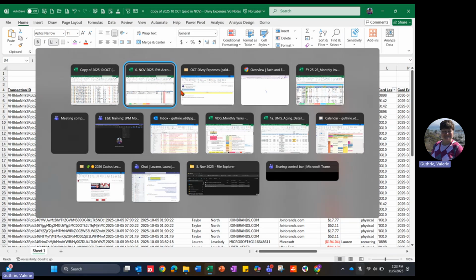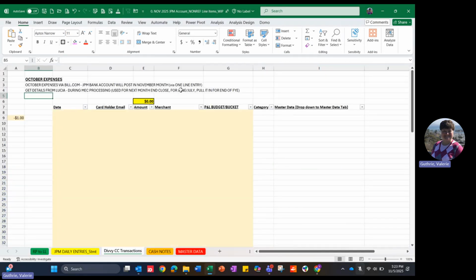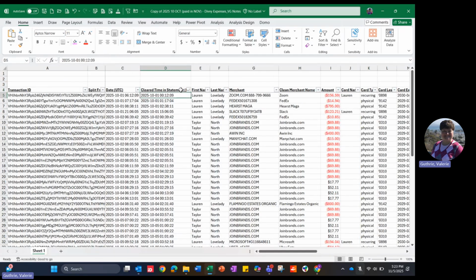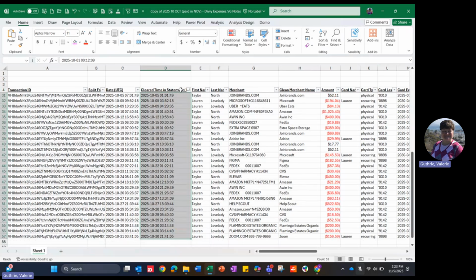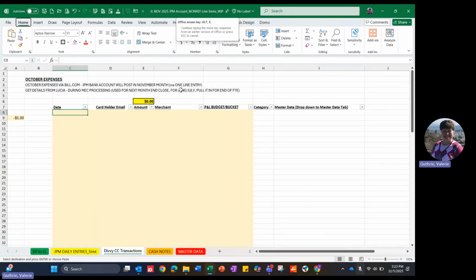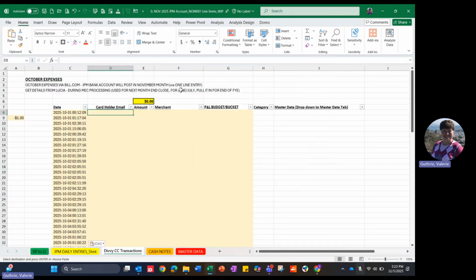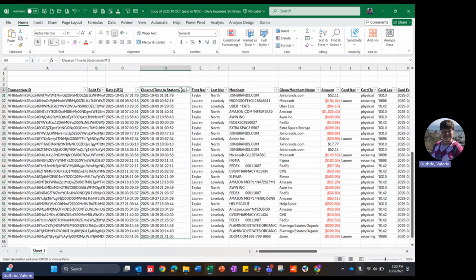And then I'm going to go back to the JP Morgan report. I'm going to go to the credit card transaction tab. And then everything that's highlighted in yellow is what I'm going to copy over from the report from Lucia. And then these last two columns you'll see have drop-down menus that we will then tag the charges accordingly. So we'll bring over the date, the cardholder email,